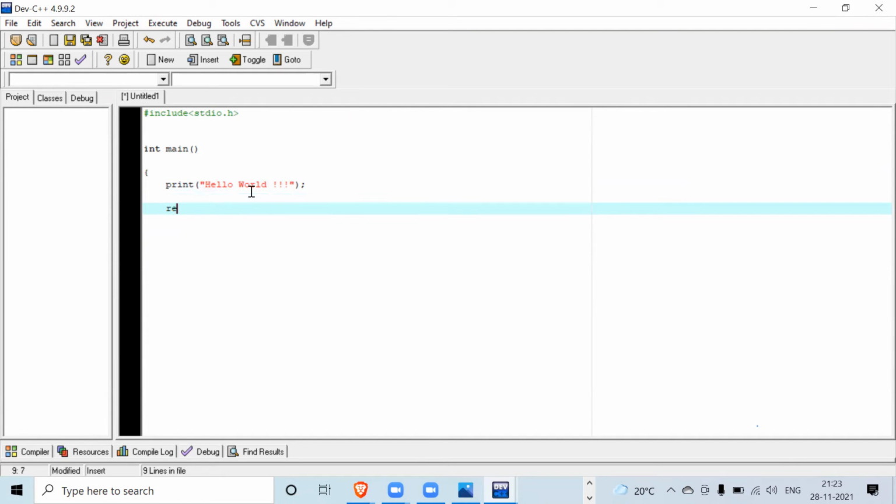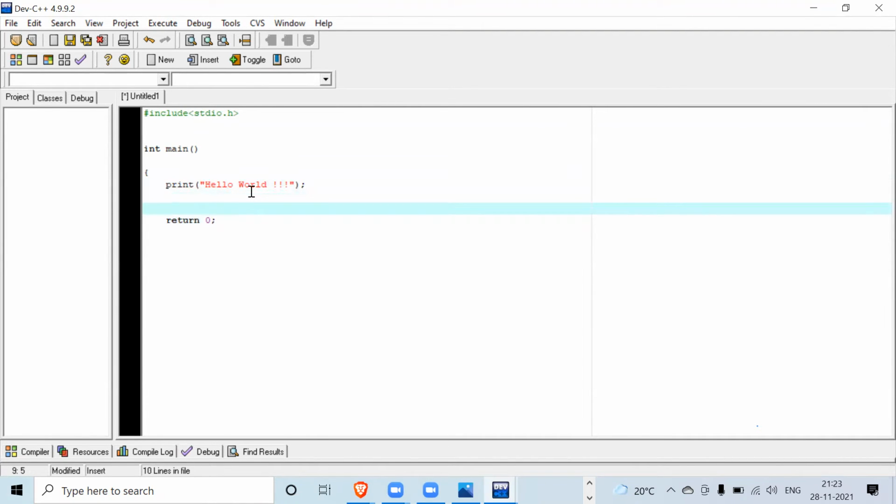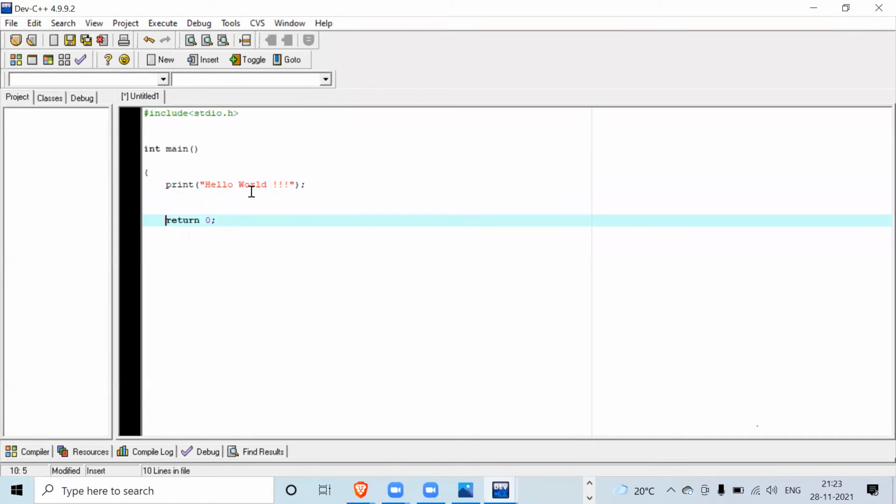Okay. Now, yesterday I told you about return. This is used if you want the program to return any value at any point. By default it's not necessary, but in time you will learn where it is used. Also, one thing before we end the program, that is getch. Because now if I compile it, it will run, but you won't be able to see the output because it will run and go away.